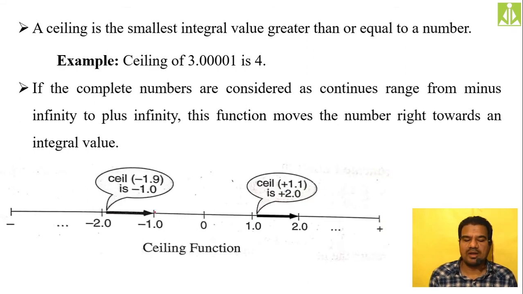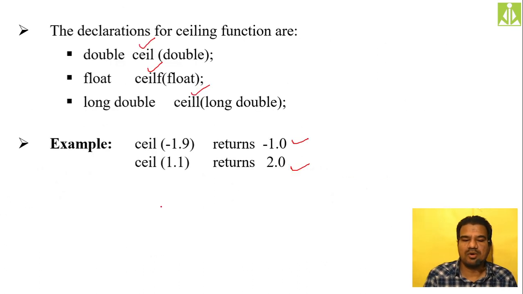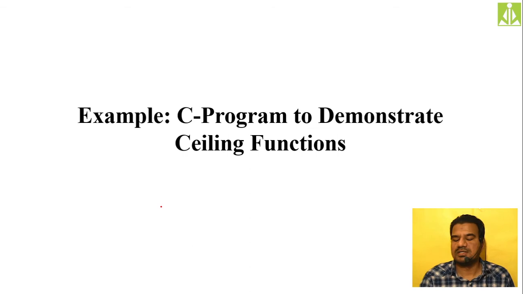On the number line, all negative numbers are in the left hand direction, and all positive numbers we have in the right hand direction of 0. But whenever you take a ceil value, somewhere in between, like from 1 to 2, you will always get the nearest whole number, like this. Okay, so quickly we go and demonstrate these things, ceiling values, on our compiler.